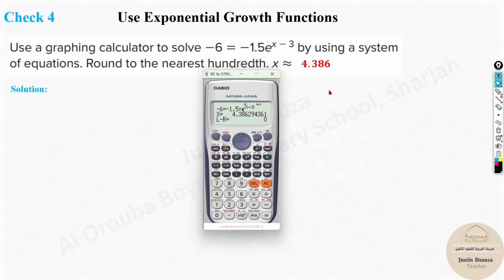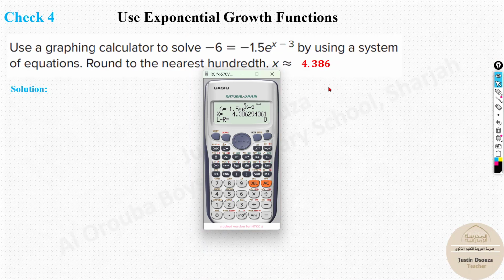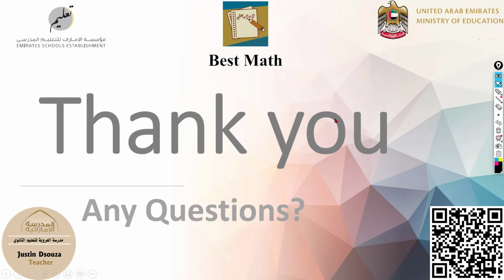Okay, I got it. I don't know what the error was. Sorry, I made some error. Maybe I was typing it wrongly or something. So if it doesn't work, just clear your calculator. Most of the time, it really solves your problem. If you're not getting the answer, clear your calculator, check it, you will get the answer most of the time. So you can see over here, the answer is 4.386. And that's the end of this lesson. So that's the answer, and that is the end of the lesson.